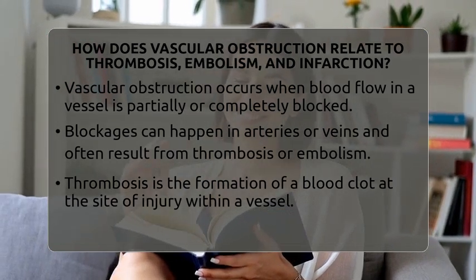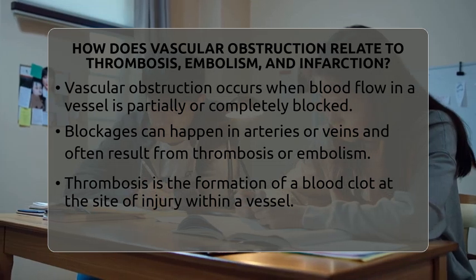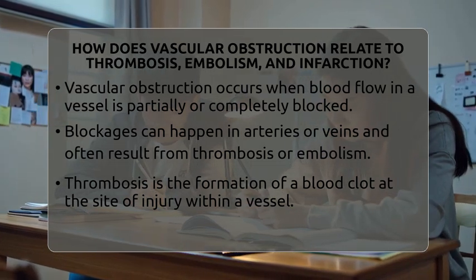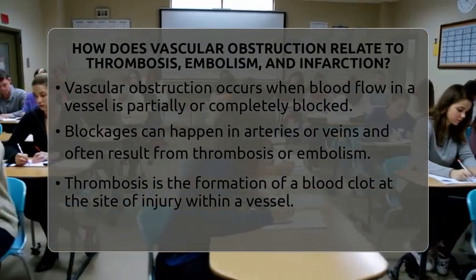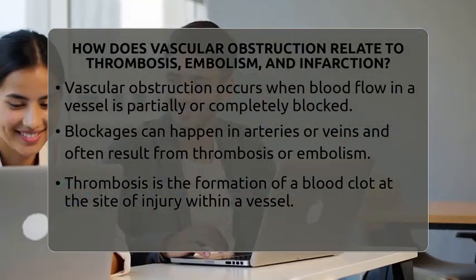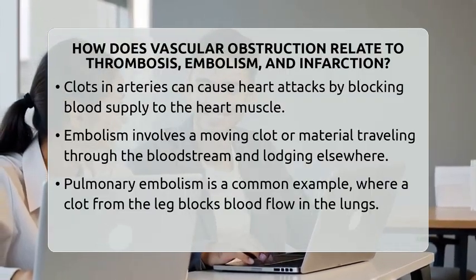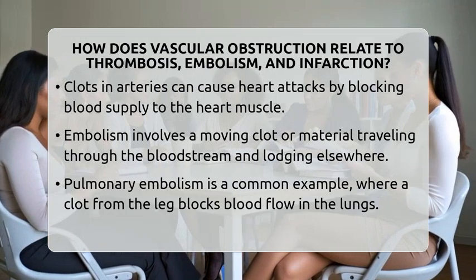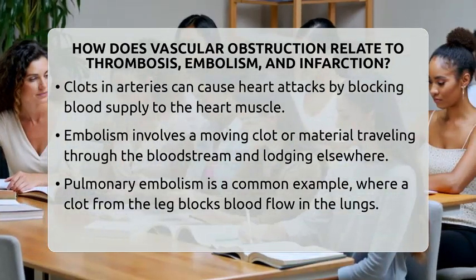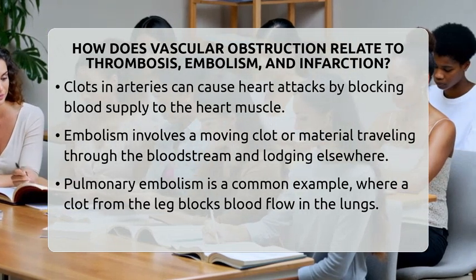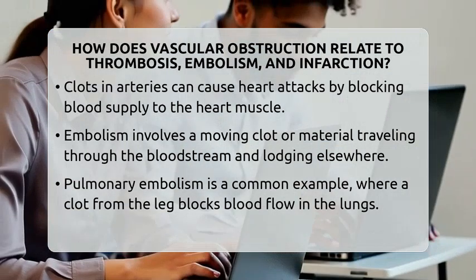This can happen in arteries or veins and is often caused by thrombosis or embolism, leading to tissue damage called infarction. Thrombosis is when a blood clot forms right where it is. It happens when the blood vessel lining gets injured, blood flows too slowly, or the blood is more likely to clot than usual. This clot can stick to the vessel and grow, blocking blood flow. For example, a clot in a coronary artery can cause a heart attack because the heart muscle doesn't get enough